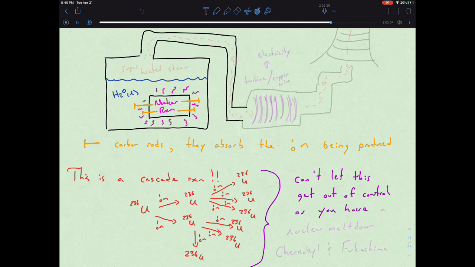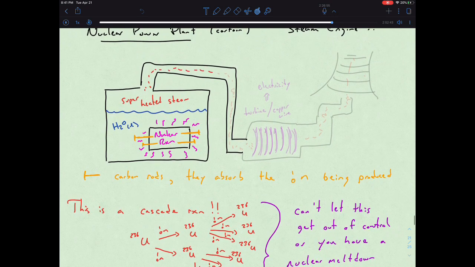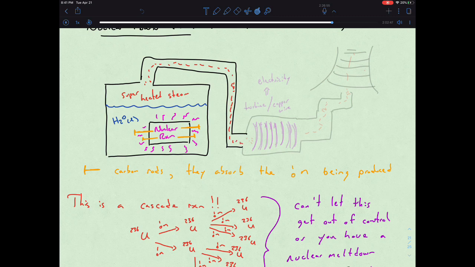Or basically you have a nuclear meltdown, such as in Chernobyl and Fukushima. So that creates superheated steam. And the superheated steam gets pushed through our opening here, and basically we come across